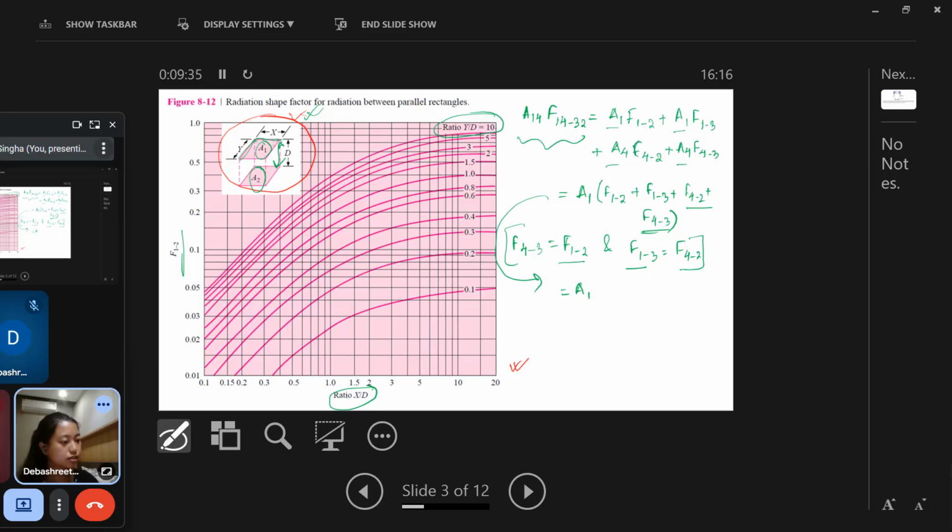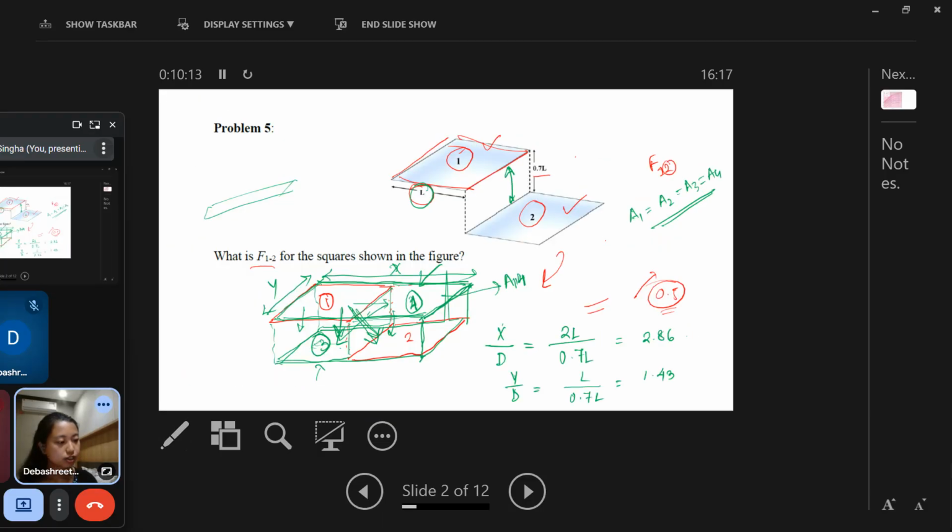Instead of F4, we can write F1. Instead of F43, we can write F1. So it is the F1 times F20. Now this F14 and 23 can also be written as